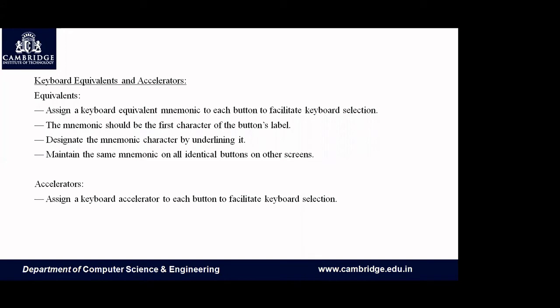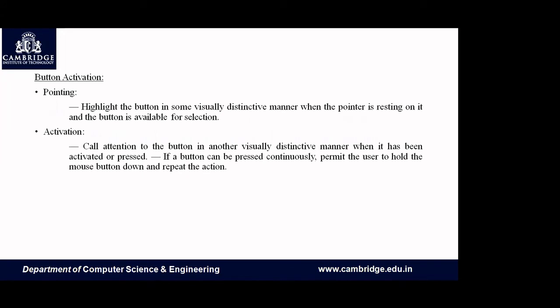So we know the concept called keyboard equivalents and accelerators, right? Keyboard equivalents are something called mnemonics. For every keyboard equivalent, we have a mnemonic, and it should be the first character of the button's label. It is something like in olden days when we were keeping phone numbers, for example, storing one phone number under number one. Something like that, mnemonics help us understand what is there. Accelerators are keyboard accelerators, where we have Control C, Control V. All these things are accelerators.